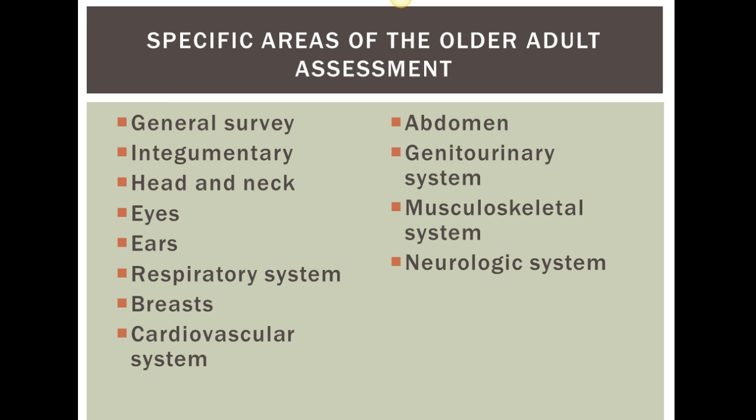Genitourinary, ask about incontinence and urinary patterns. Men, ask them when their last prostate was checked and if they've had a rectal check for occult blood. Musculoskeletal, monitor and assess their joint movement, strength, balance, and gait pattern. Neurologically, do a mini mental examination on them. Check cranial nerves. Assess for tremors or changes in their sleep pattern.